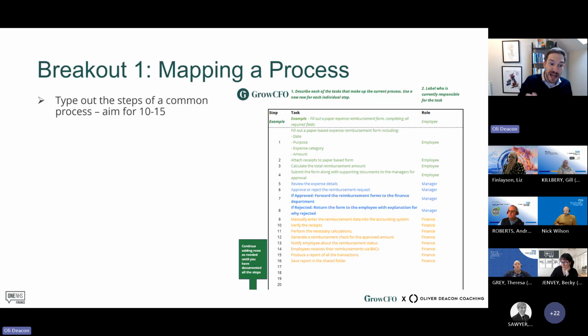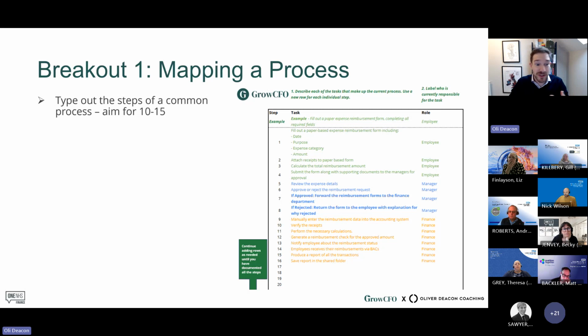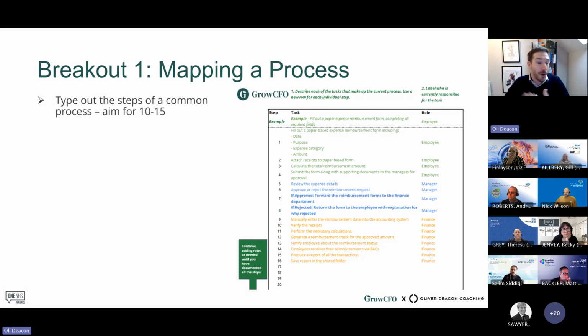We want you to have as many steps as possible of a process, whatever process you want. Like invoice processing, how we produce a journal, how we do our reports at month end, how we share stuff with a business partner, how we get some cash flow forecasting done, whatever process you want, as long as you feel like you can get a decent number of steps typed out in the next few minutes.